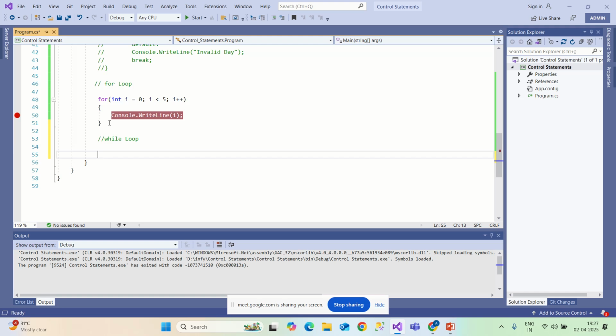And here the while loop runs as long as the condition is true. Whenever we give a condition, the logic should come out of the loop only when it meets our condition. For example, int i equals 0